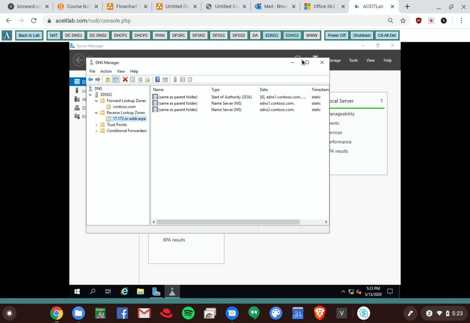Okay, so now we have 2 DNS servers. This one is read-only. This one is read-write, where we make changes, where we add new records, things like that. And when we do, they'll be copied over to eDNS2. If eDNS1 goes down, eDNS2 will still continue to resolve names for clients until we get eDNS1